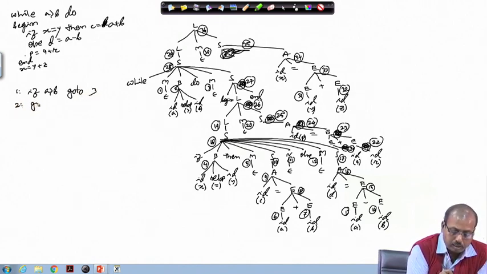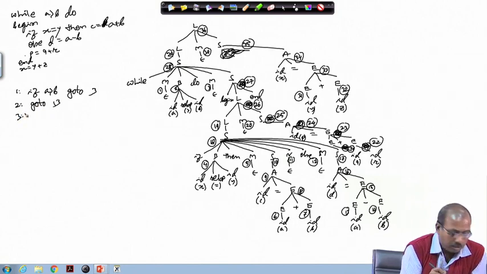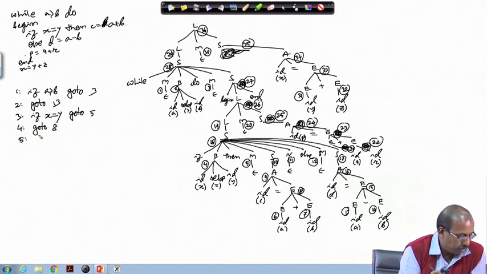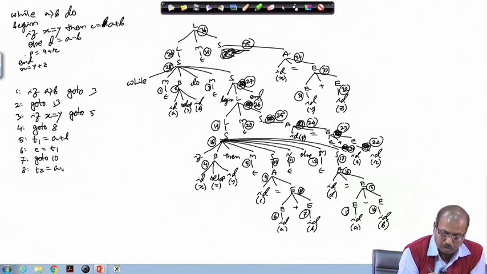at 2 it will generate go to 13, at 3 it will generate if x equal to y, go to 5, at 4 it will generate go to 8, at 5 it will generate T1 equal to a plus b, at 6 it will generate c equal to T1, at 7 go to 10, at 8 T2 equal to a minus b, at 9 d equal to T2, at 10